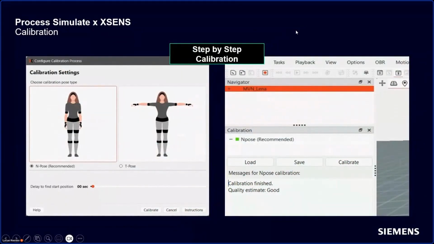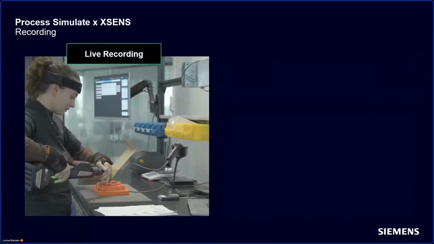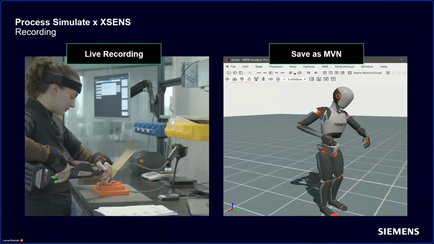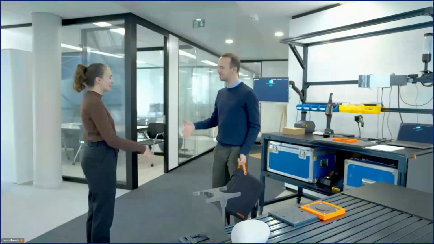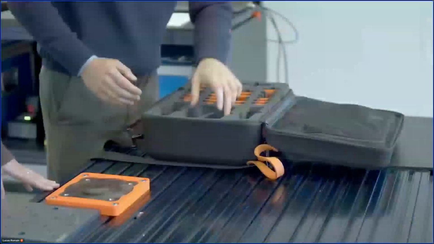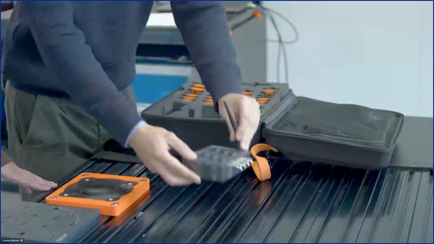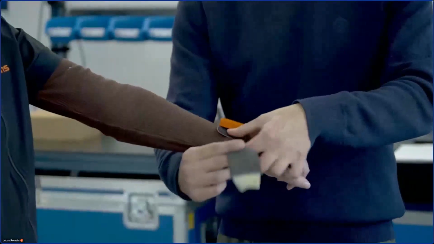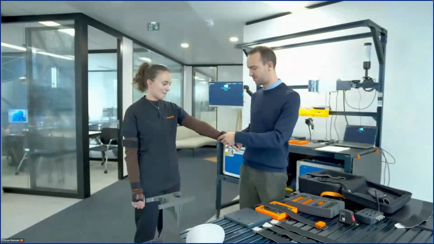Okay, so that's overall the way we are recording the data, and we are getting this data inside a standalone file that we call the MVN, that you can reuse as much as possible in order to create the posture within Process Simulate. And in the coming weeks, we are going also to publish renewed materials that you will be able to better or to complete your understanding about the different processes here, replaying the different stages that we mentioned